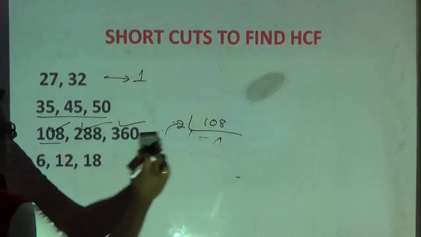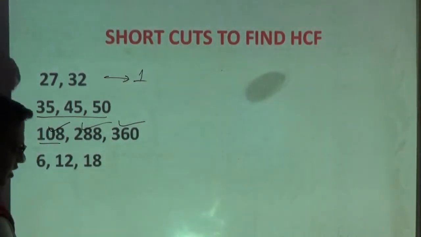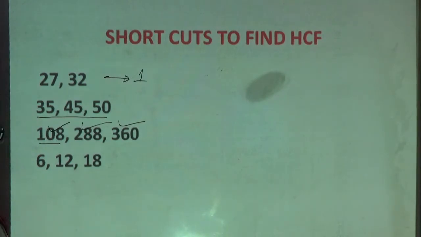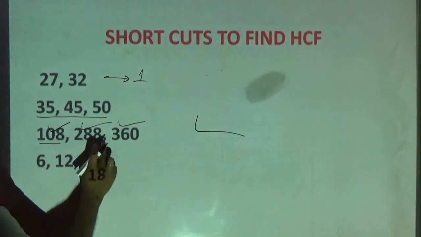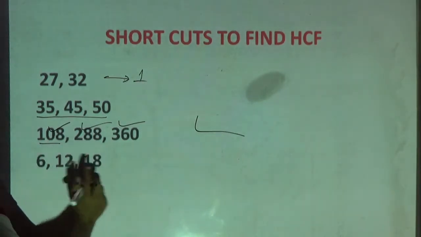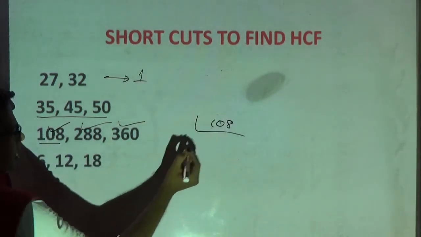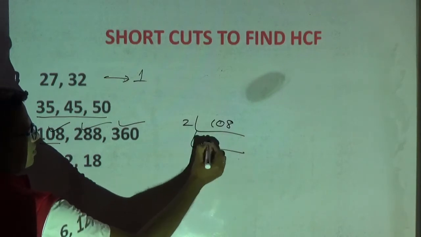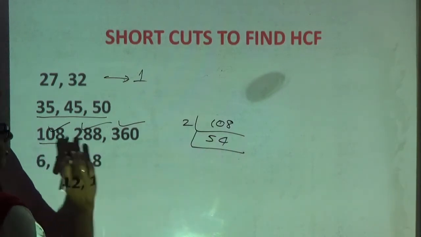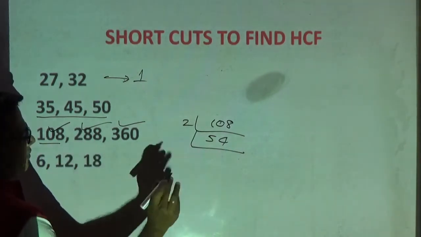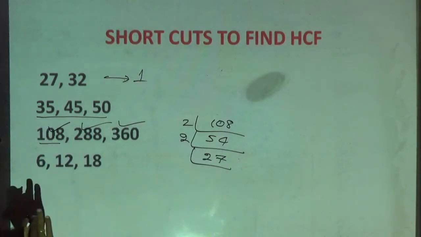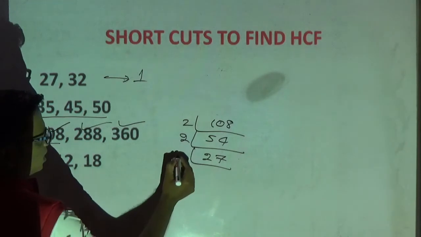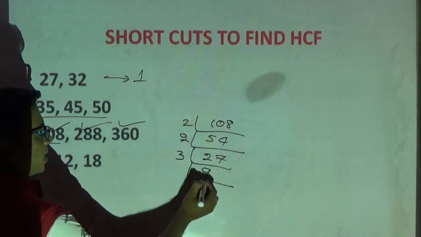Okay, I will explain one more time. Please observe here. See, within less than 10 seconds I can find the HCF of any numbers. Okay, now among these three, which is the smallest number? 108 is the smallest number. Okay, now find factors. 54. From 54, all the three numbers are not divisible. Further I will go to 27. From 27 also, all the three numbers are not divisible. Therefore I will go 3 9 times.